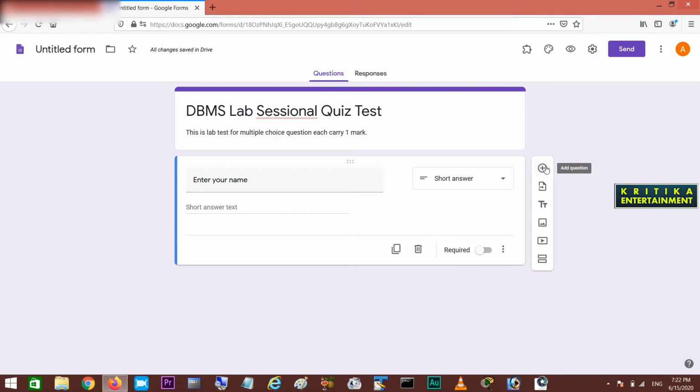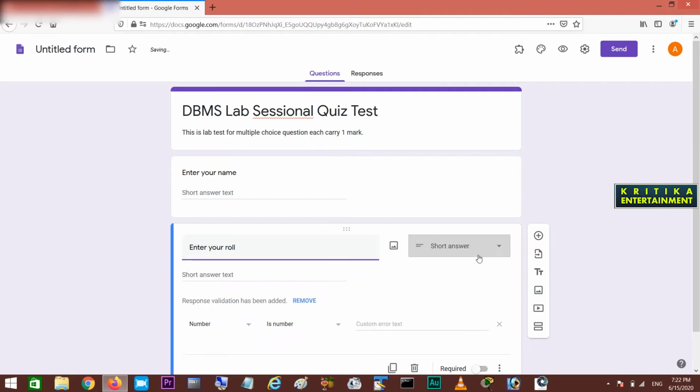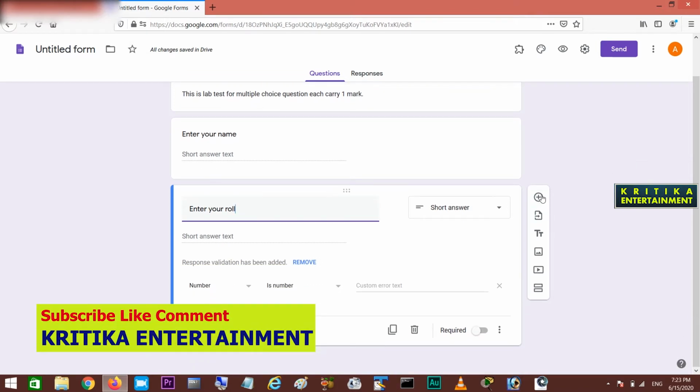Then plus means adding the same thing again. So again I write "Enter your roll number", and the answer type is short answer. Since roll number should be a number type, by default the number is written. Then after that I will add the questions.